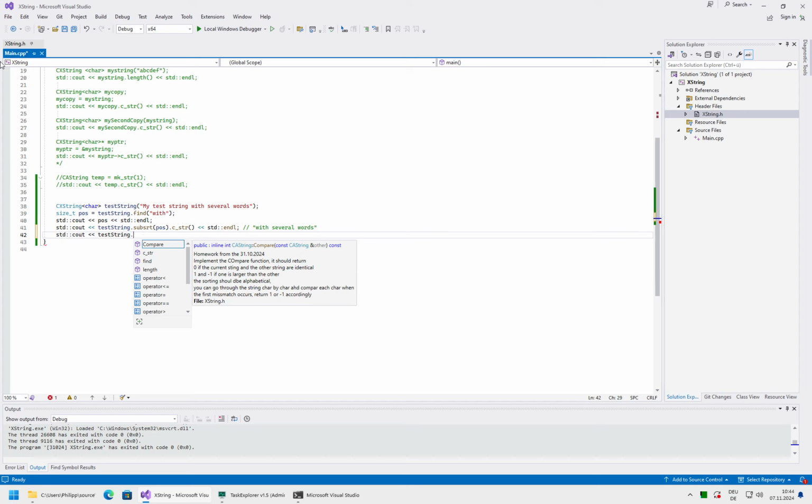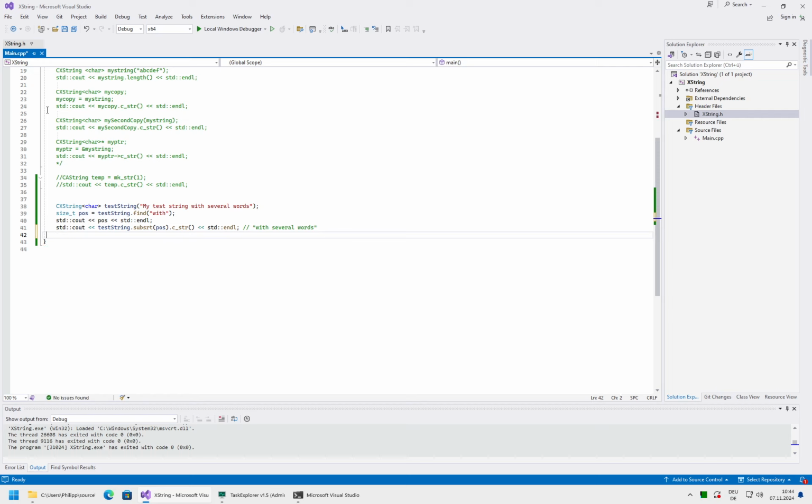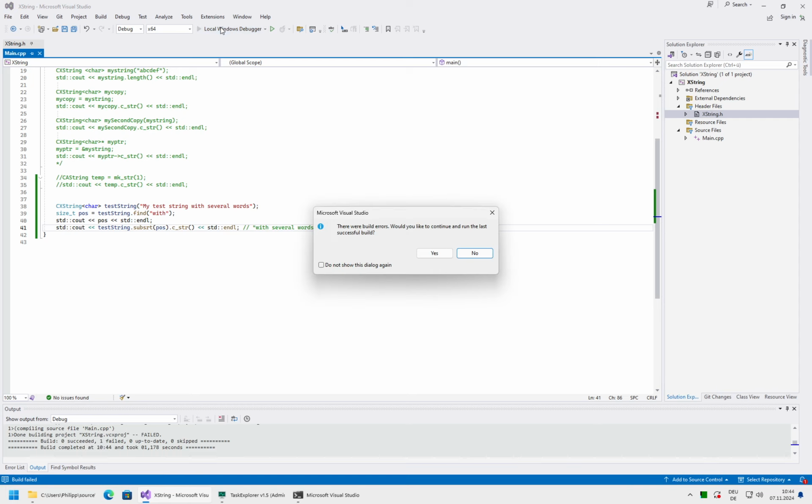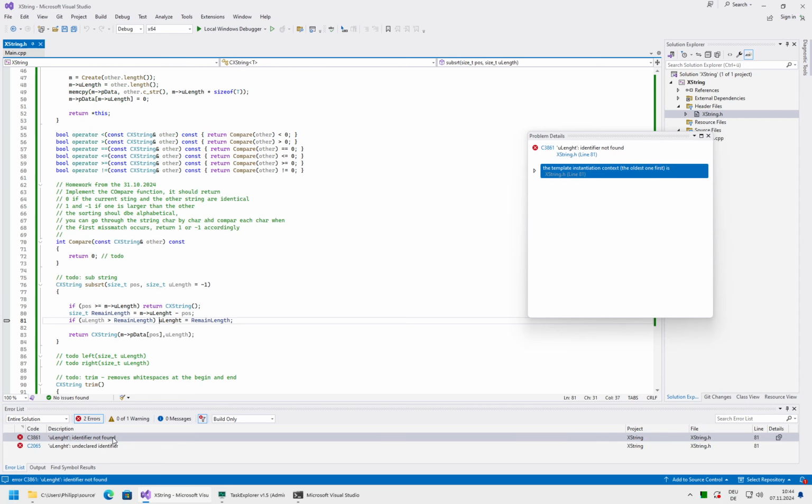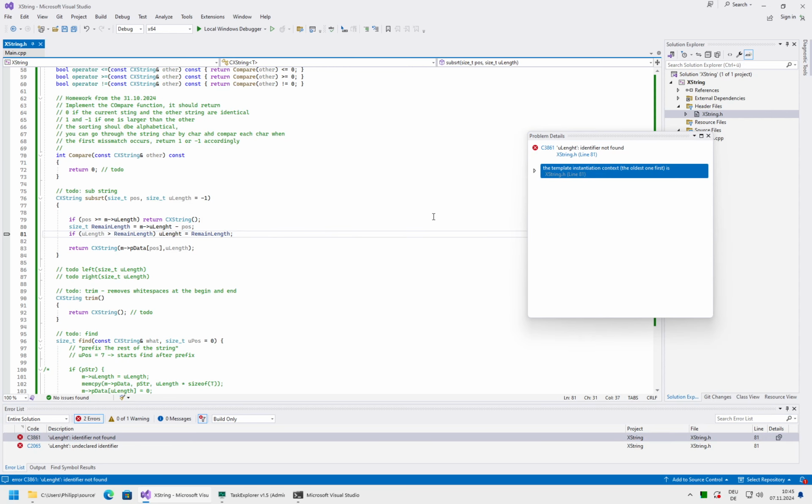We just need to run it. It's a typo, yes.